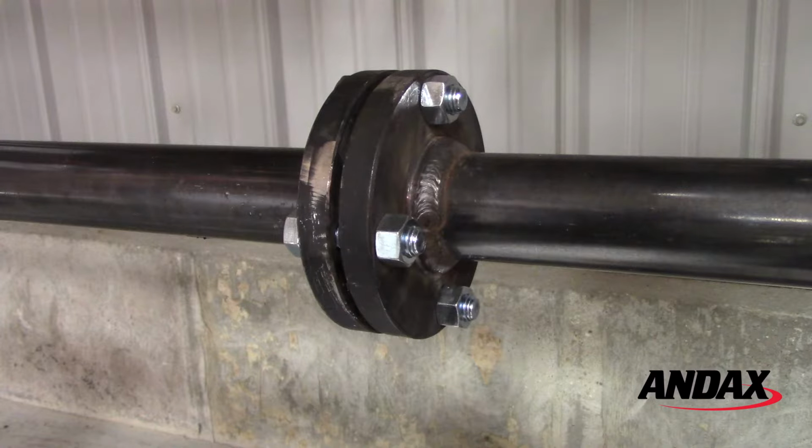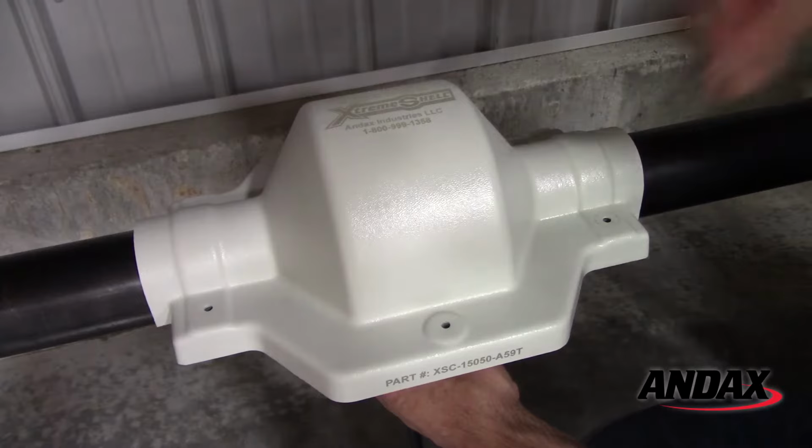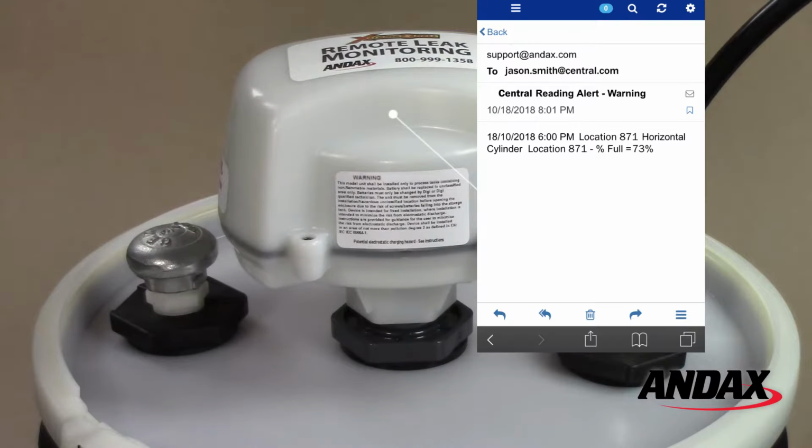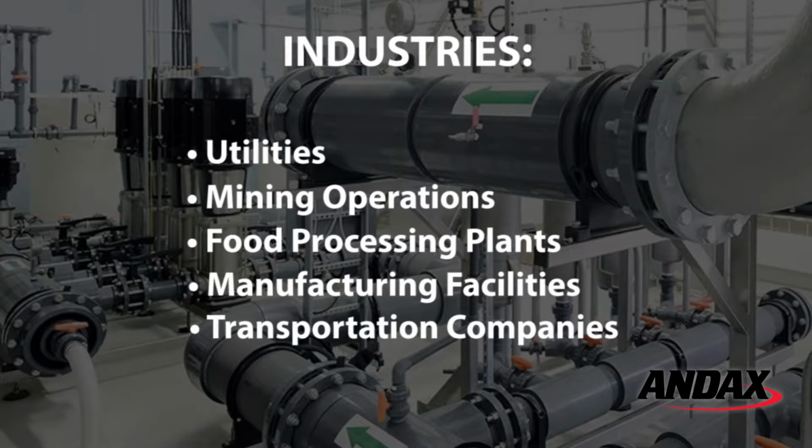The Xtreme Shell Remote Monitoring System can be installed in the event of a leak or as a preventative measure to contain leaks and immediately get alerts when they occur. The Xtreme Shell unit can capture oil, chemical, acid, or other liquid leaking from a pipe flange in-house or at